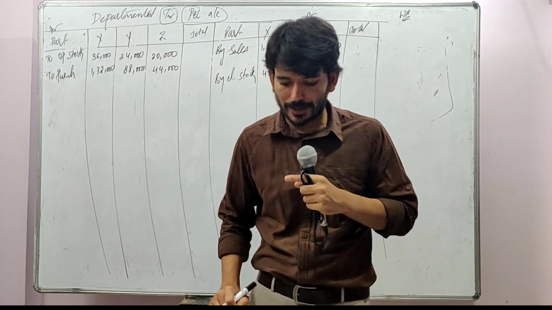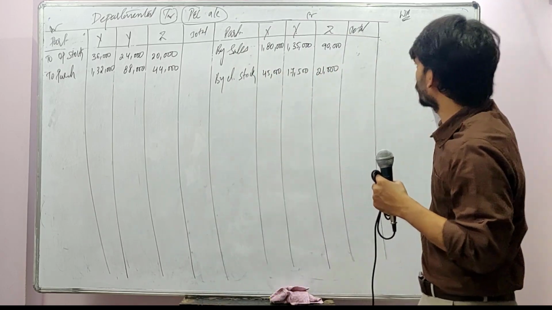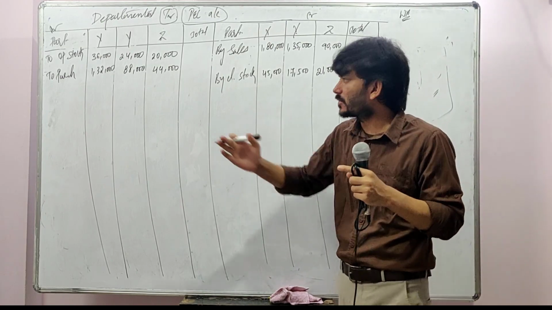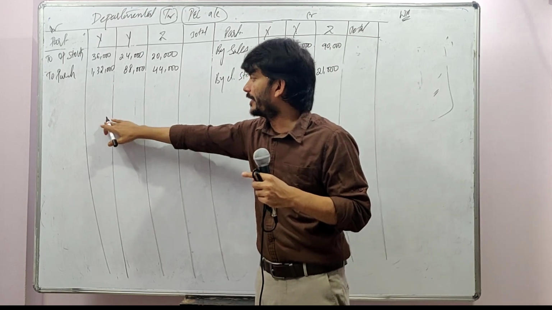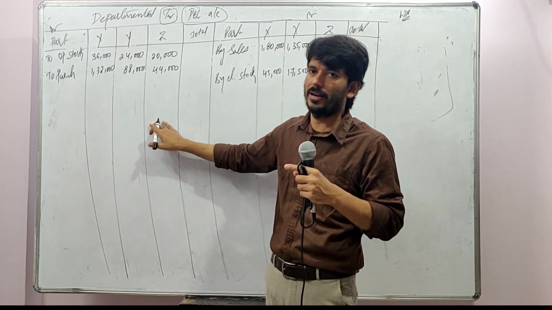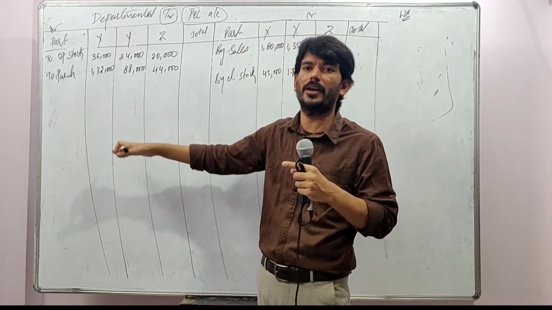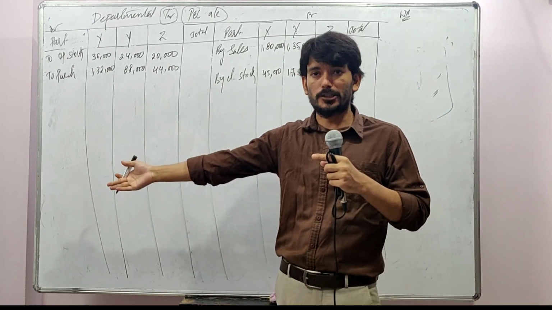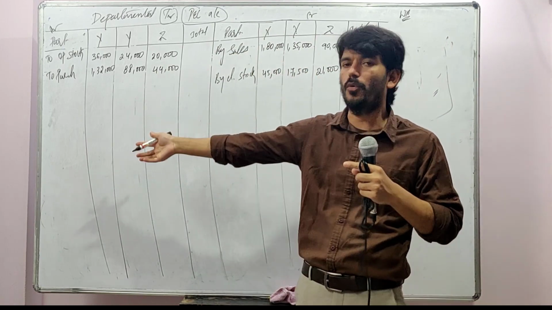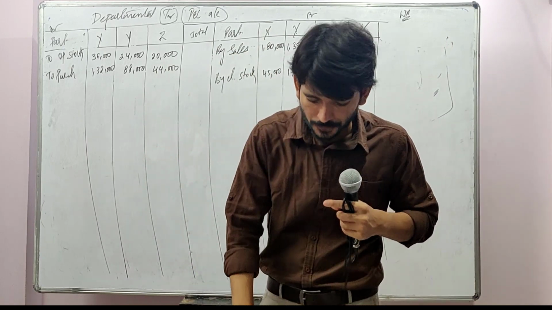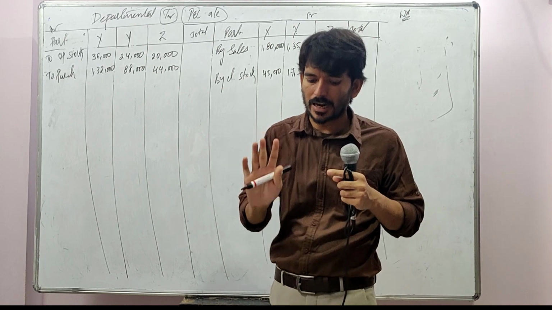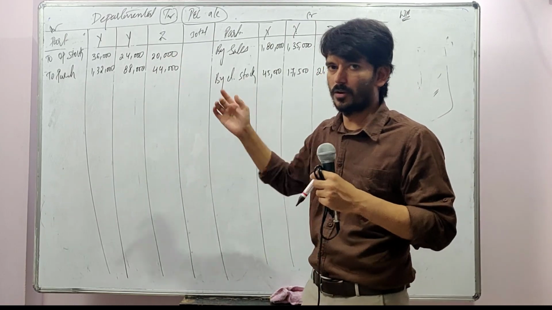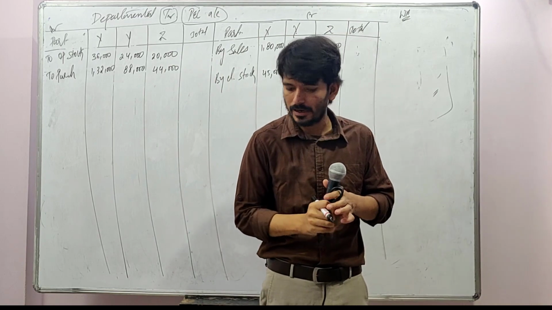Floor space occupied by each department. Again the same question. One department is occupying a lot of space, another a small space. Where do you write space, 10,000 square feet or 1,000 square feet or 1 lakh square feet? You'll write it here or what? It's not an expenditure. It is just a base to tell you that if there is any expenditure based upon your space, you provide on that ratio. So some information given doesn't mean that we will be writing under the opening stock or closing stock, here or there. You need to have some logical understanding of that.